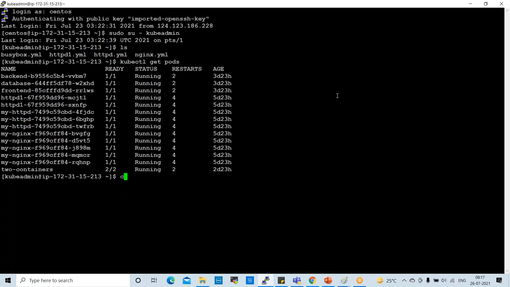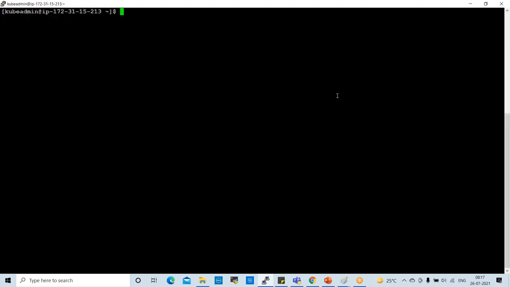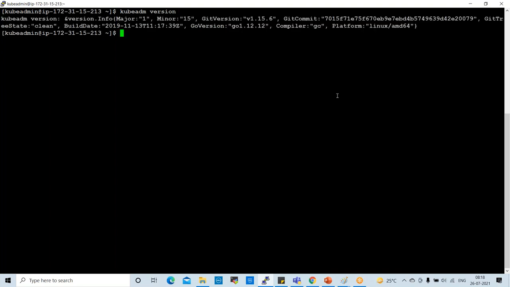So first, if you want to check the kubeadm version, the command here is kubeadm version. Whatever version we are using, you can check that, see here.